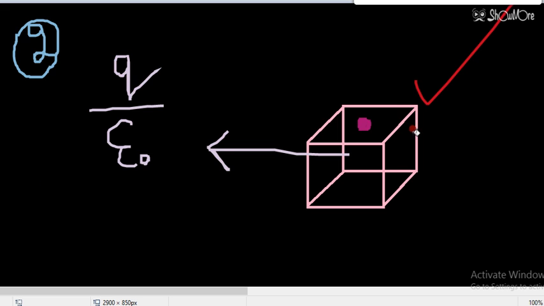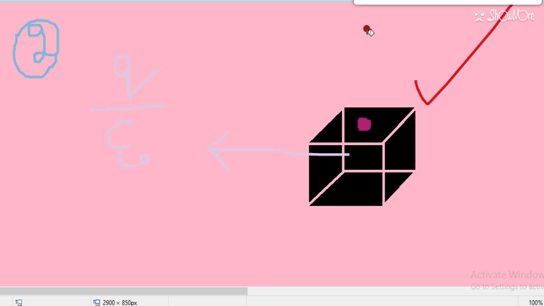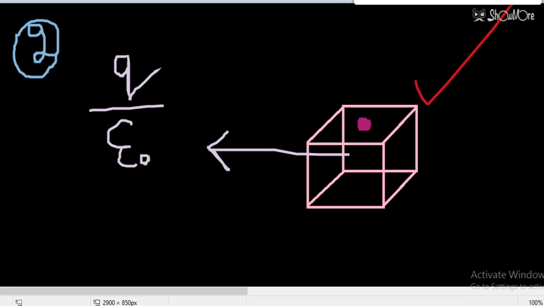But now how many cubes were there in the original shape? When we have to make the assumptions, or make the complete diagram, in that case 2 cubes were required. So now we have to divide it by some particular value. This is 2, so we have to divide it by 2, because in this particular figure only 1 cube is there, so the flux will be reduced to half.